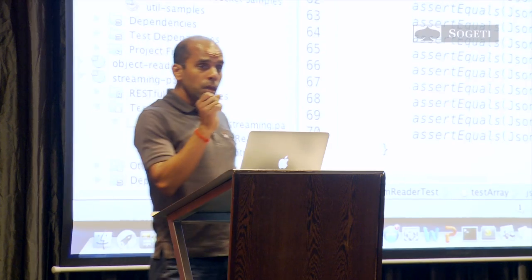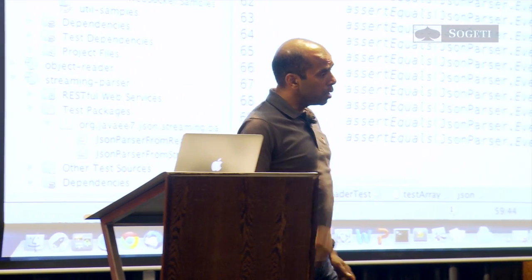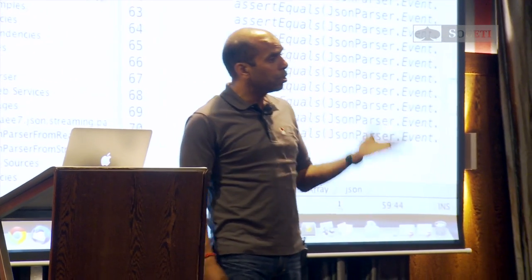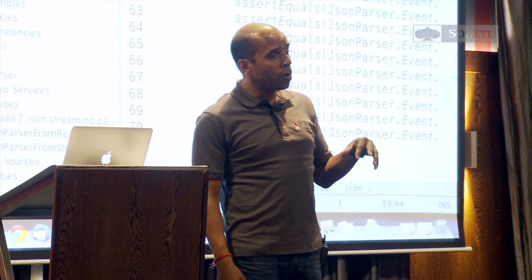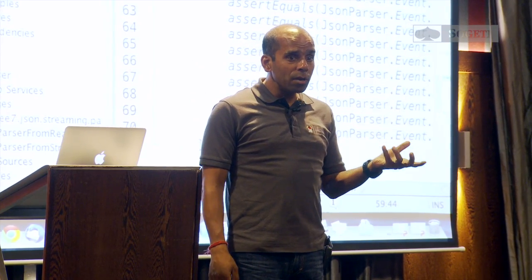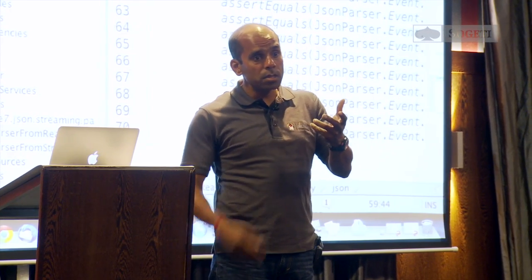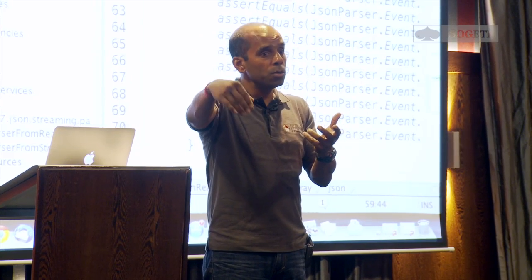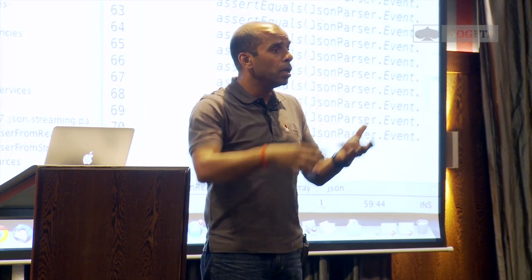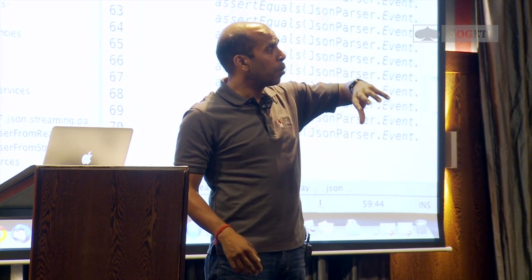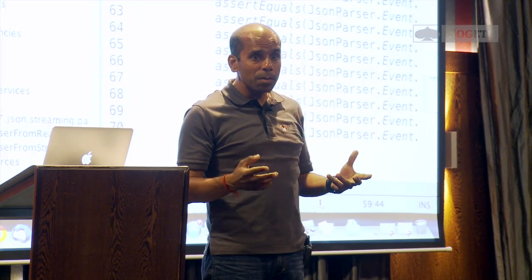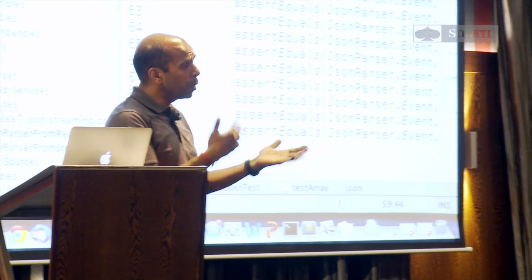Now we see where our customers are using it: they've been bundling Jackson and other libraries as part of the WAR file. But the refactoring from Java EE 6 to 7 is, okay, I want to get rid of the library now. I don't want to use Jackson, for example, or some other library, because I can use it. If I'm deploying my application on WildFly, it already has the implementation, I might as well use it. So that's the way typically they're using it.